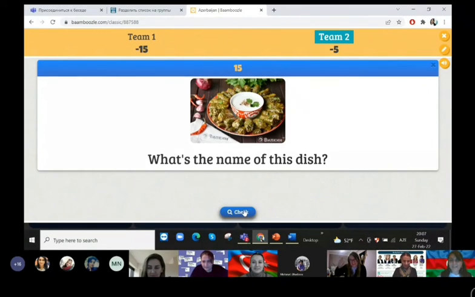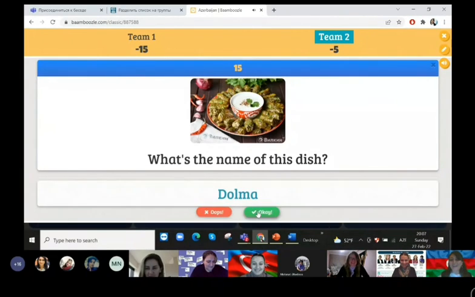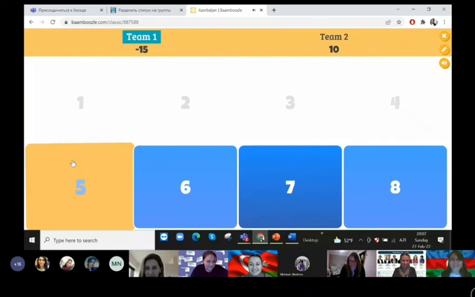Yes, we say for this dish dolma. Dolma, sarma. Same name. Yes. It's right. Thanks for answer. And our first team,